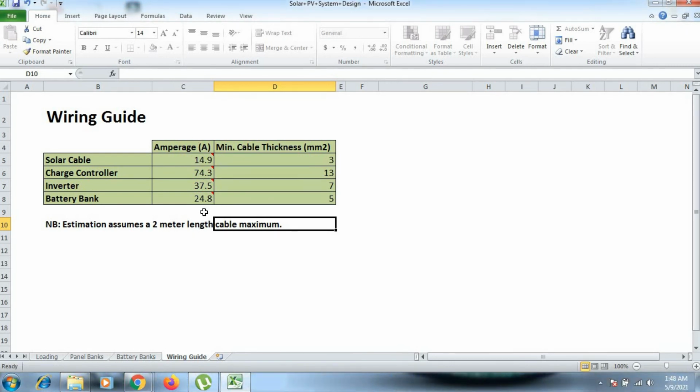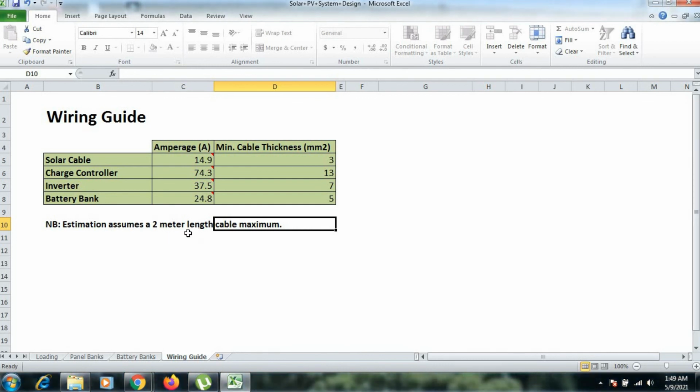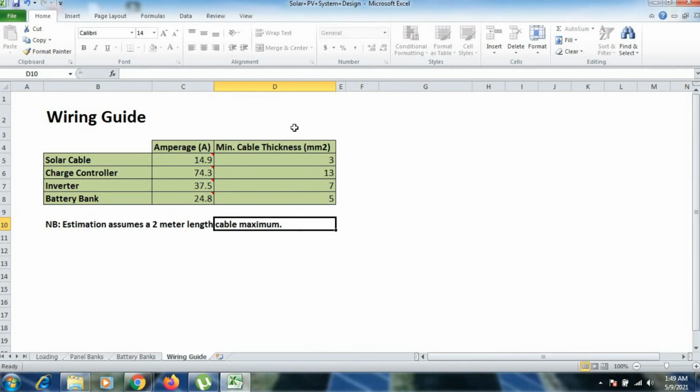But you have to keep one thing in mind, this is for only 2 meter of cable length. So once the length is increased, this thickness will also increase. Why? Because to account for the voltage drop, once the length of the wire is increased, the thickness of the wire will also increase.